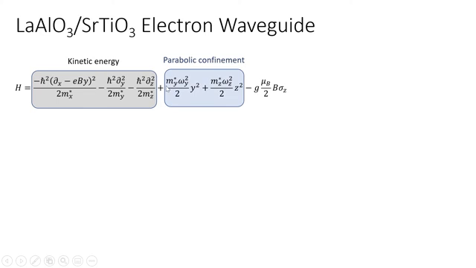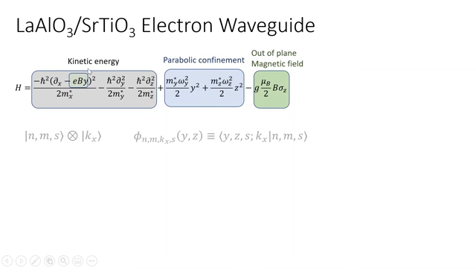Then we know that the electrons are trapped inside of a potential well, and we model this by a parabola. So that's why we have the y squared in the lateral direction. It's actually a half parabola in the z direction. The last thing is that we have a magnetic field, which we know couples to the spin degree of freedom of the electrons, and it also couples to the orbital through the vector potential. So we can take this equation and use separation of variables and solve for the